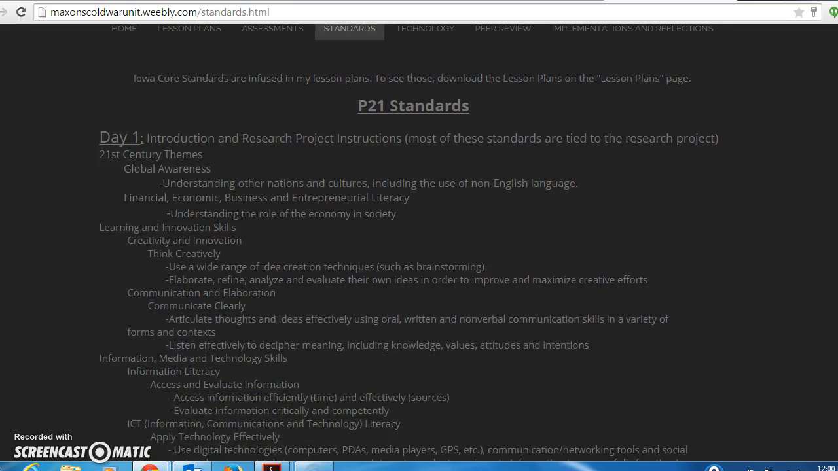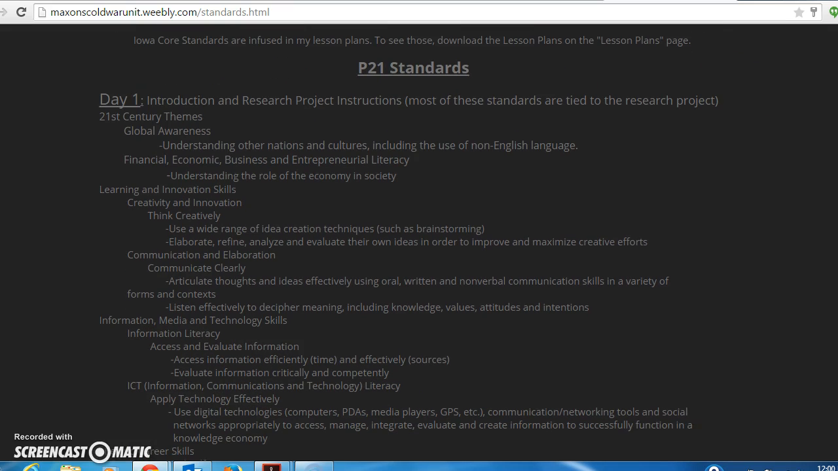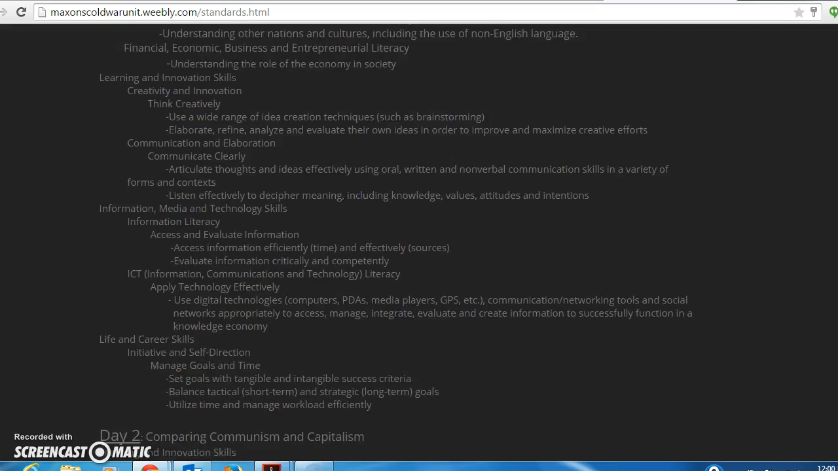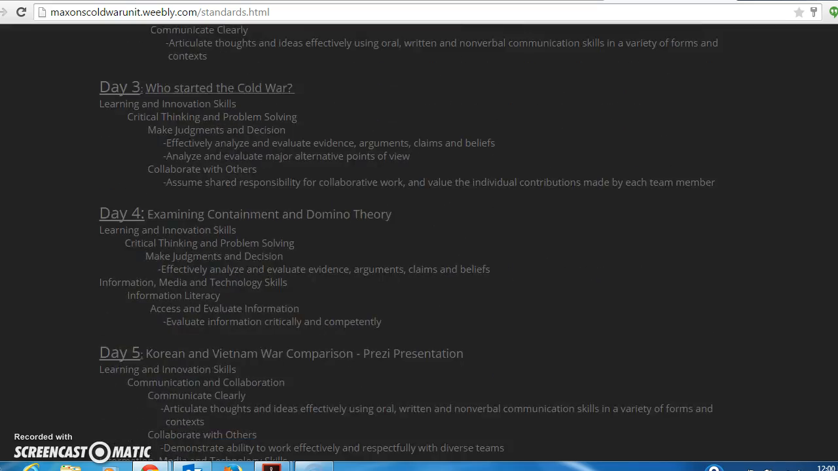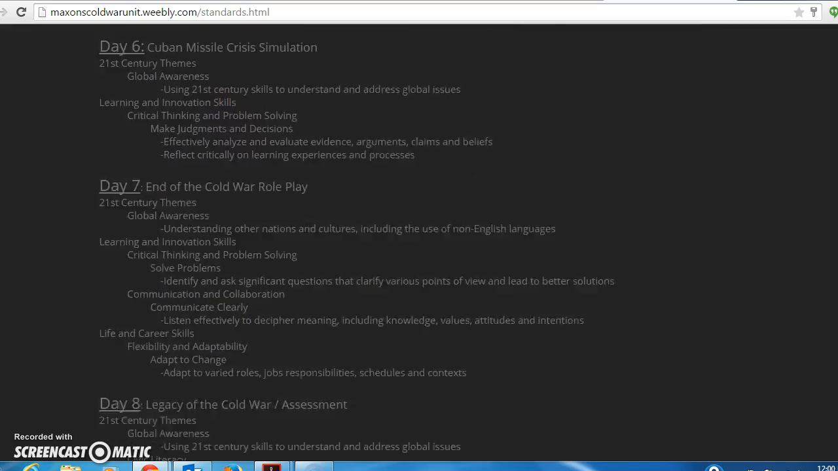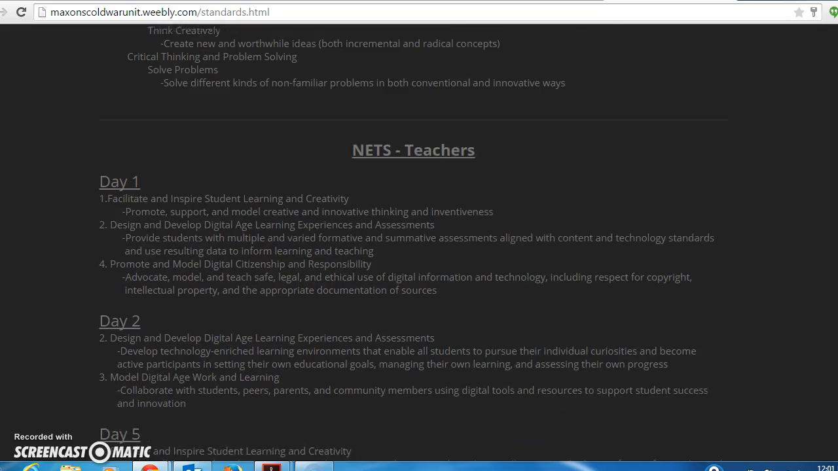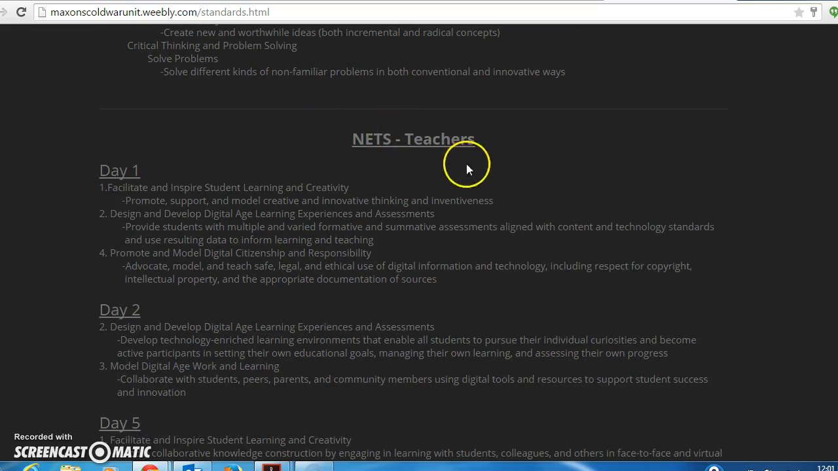On here, though, I have your P21 standards, which I put in each day. So like day 1, here are those standards that would be included in those. Those are a lot of standards because that's the research project that I have the students do. If you keep scrolling down, you have day 2, day 3, day 4, day 5, day 6, day 7, and day 8. And then I have a little divider, and then you have your NETS teacher standards with each day